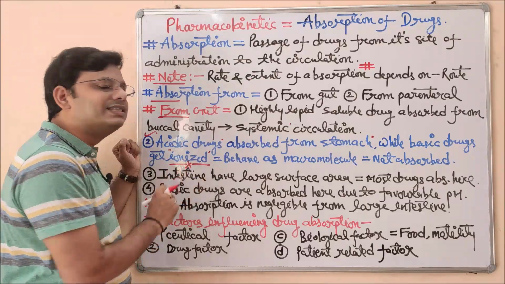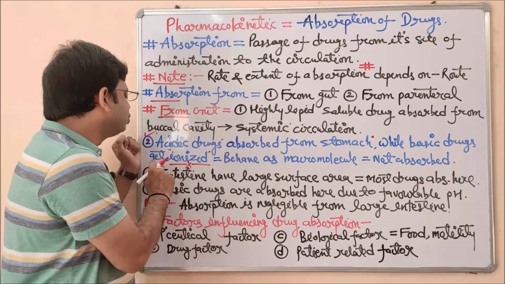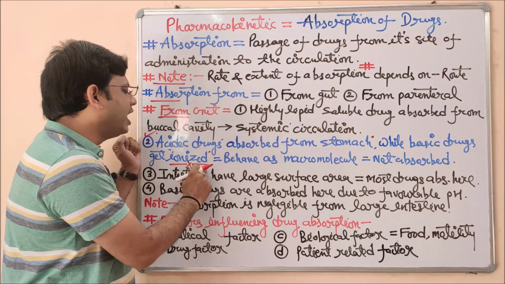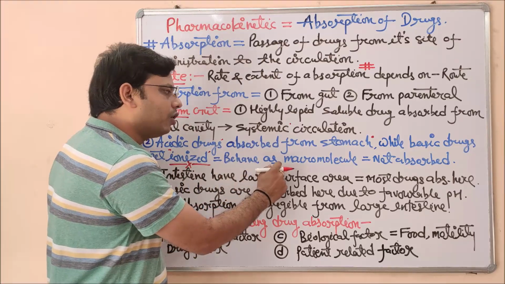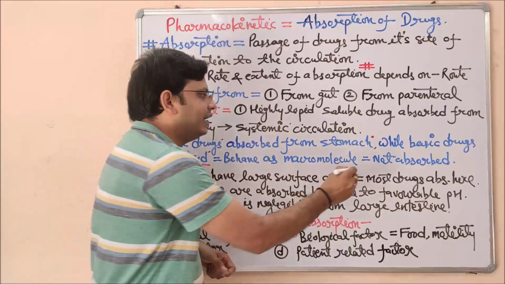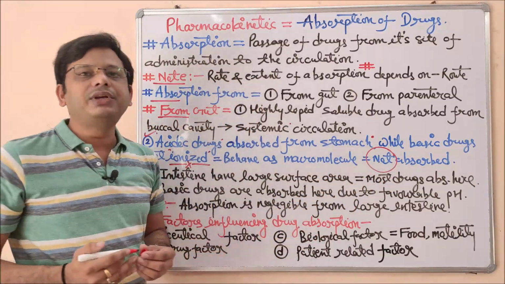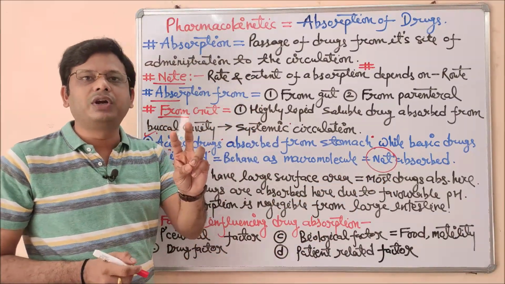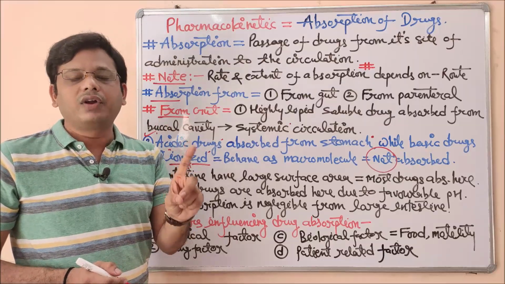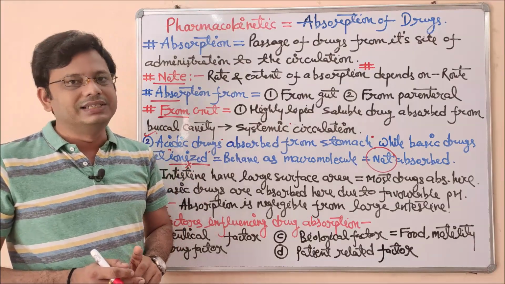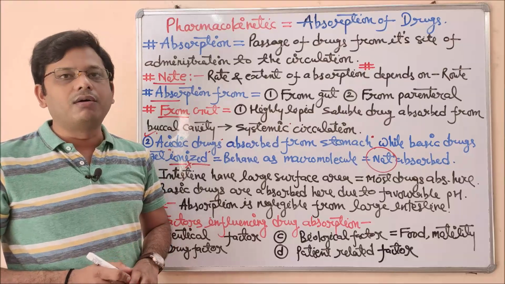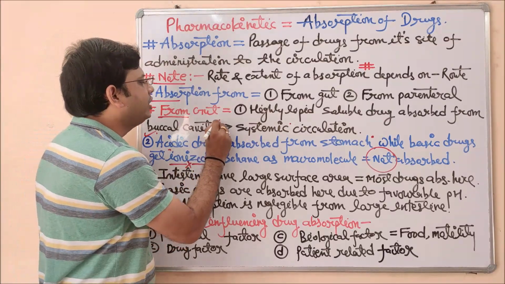That means an ionized drug acts as a macromolecule. So a basic drug in the stomach gets ionized and behaves as a macromolecule, so that it will not be absorbed. What is the meaning of ionization? See, you have to remember this point. Unionized drug will be absorbed easily, but ionized drug will not be absorbed easily, because ionization means, suppose this is